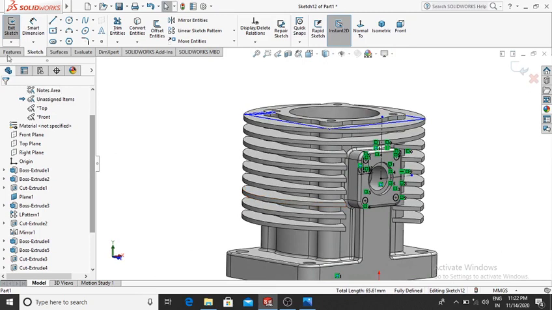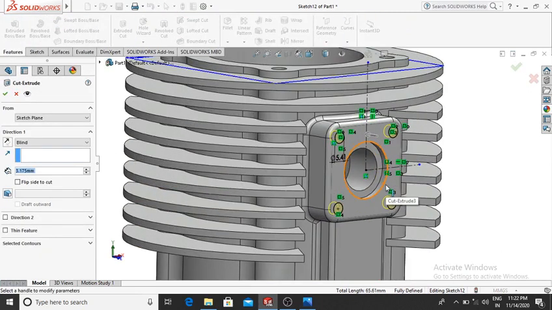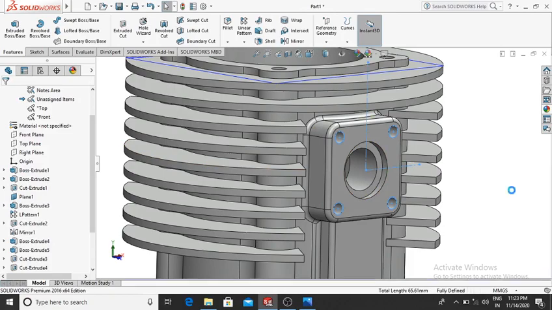So go to the features, select extrude cut and make the extrude cut this one 15.41 mm. Then OK.